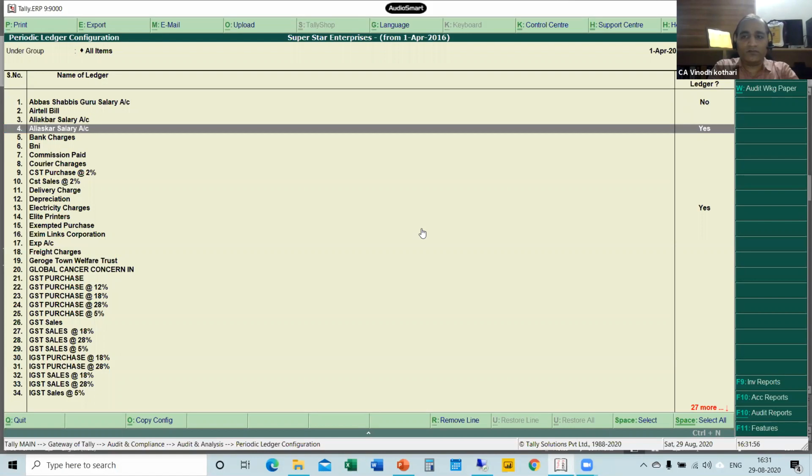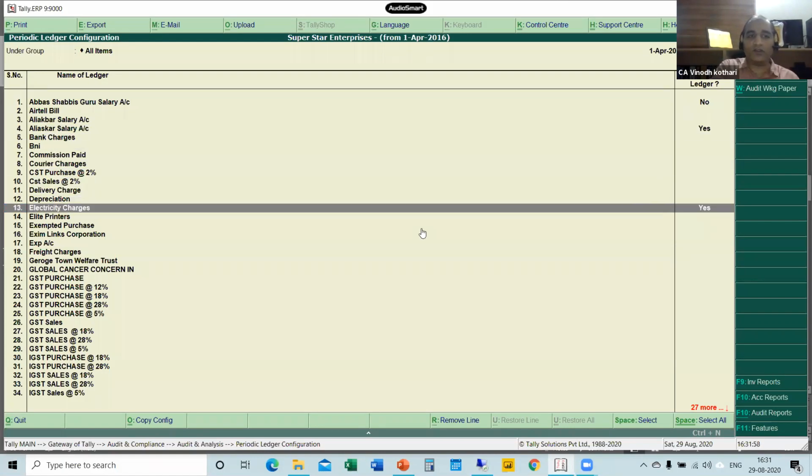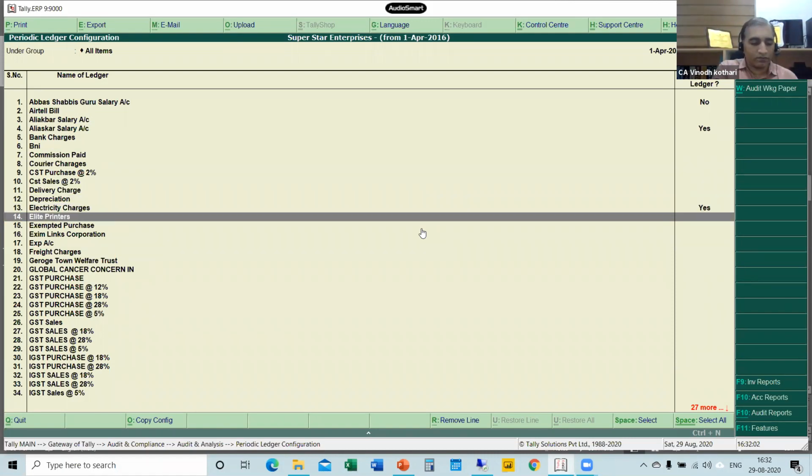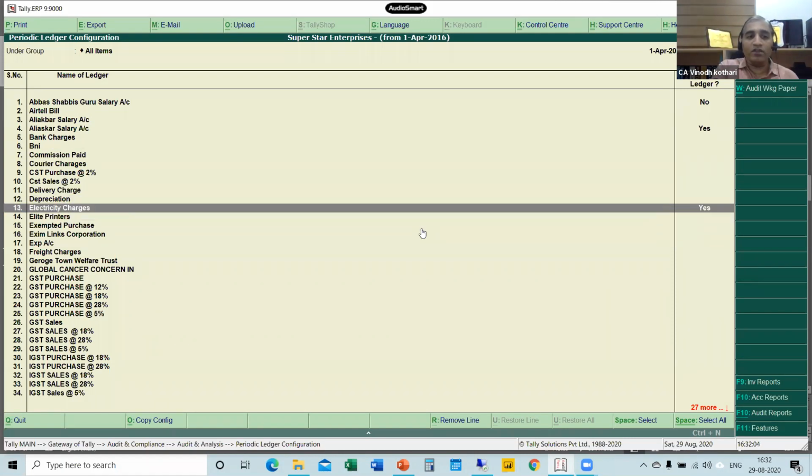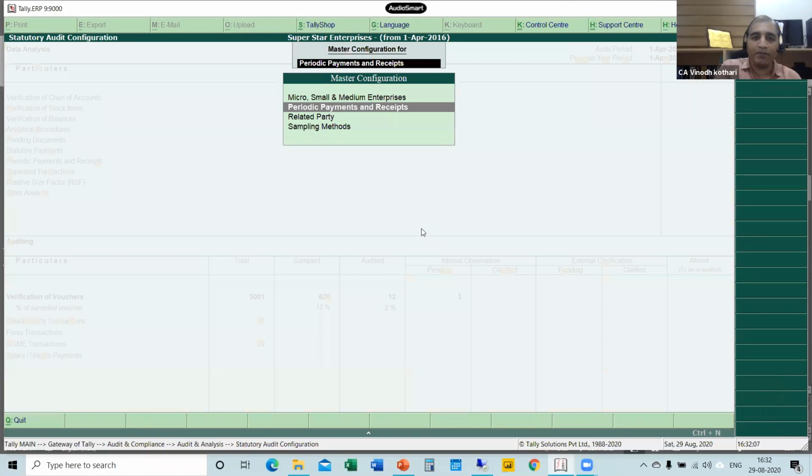And then this way you need to select yes or no for these entries, and then automatically what will happen? This will be marked as periodic payment and receipt.